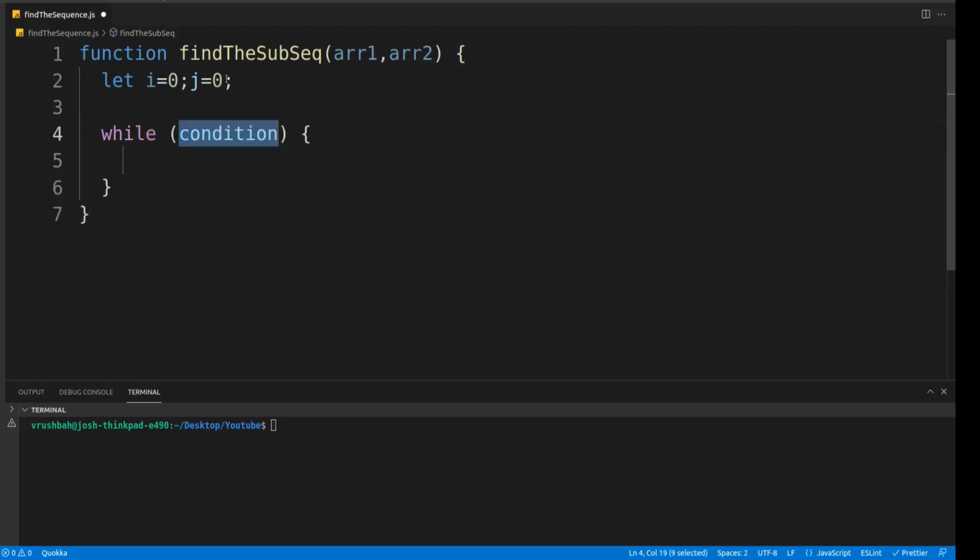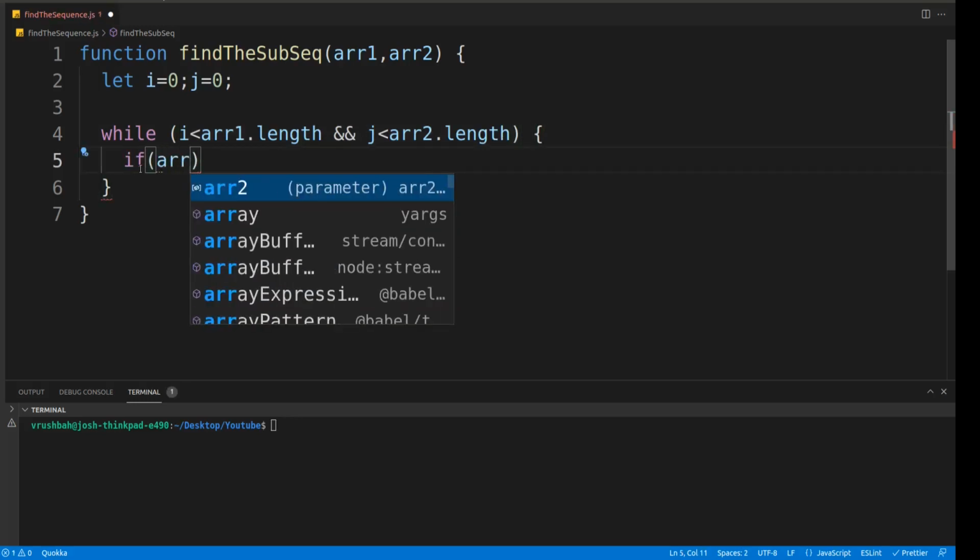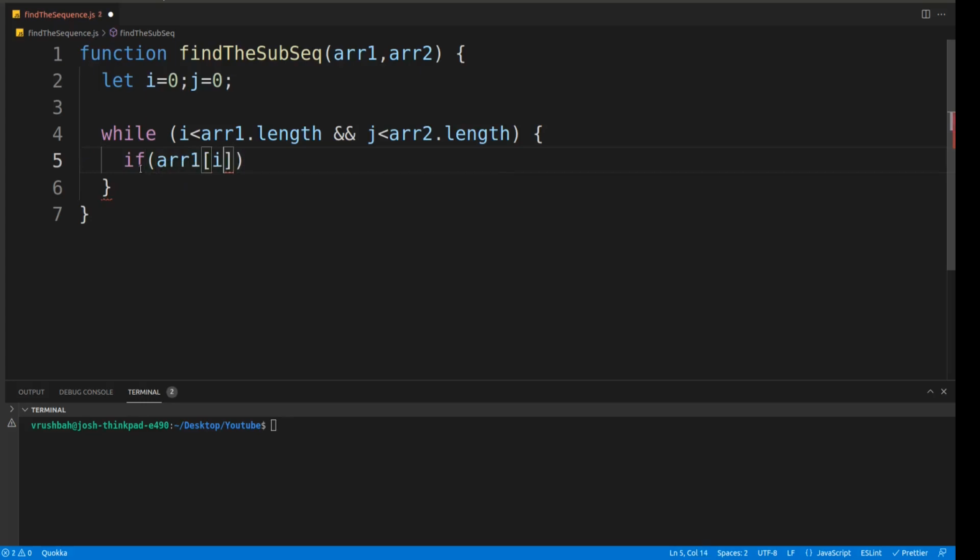The condition is important, that is, i is less than arr1.length and j is also less than arr2.length. If this is the case, here we will be comparing the values, that is, arr1[i] is equal to arr2[j].